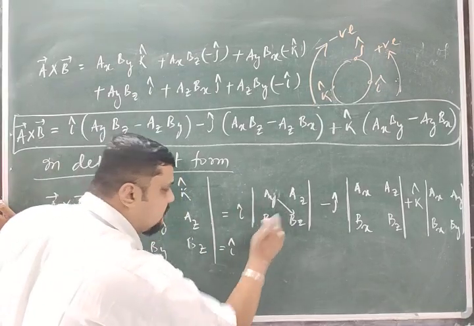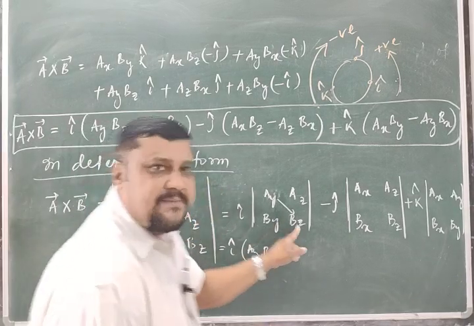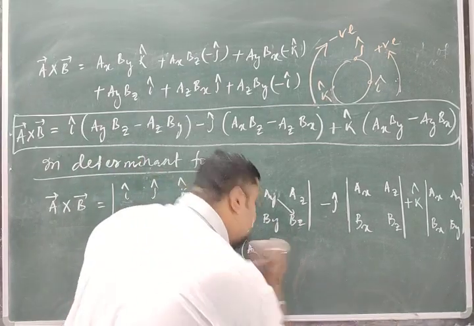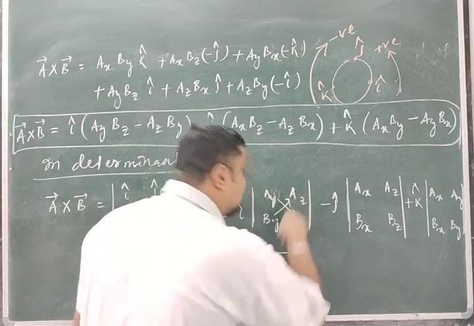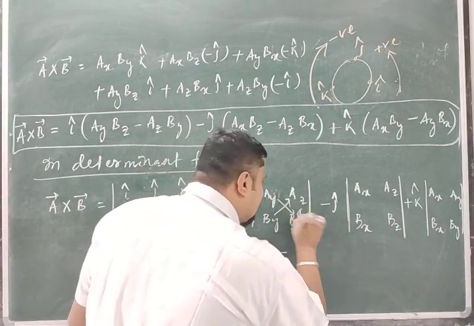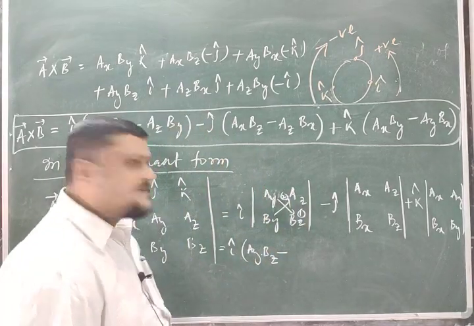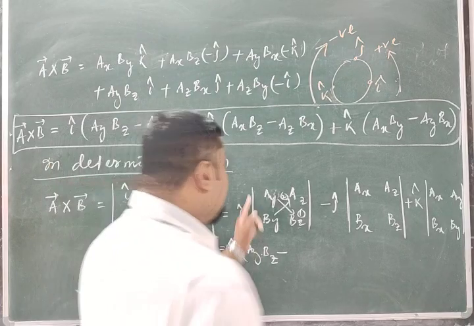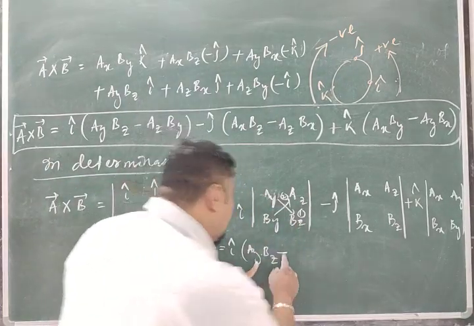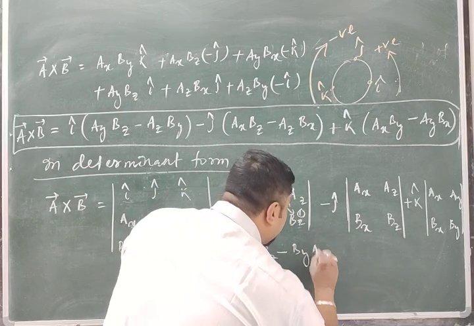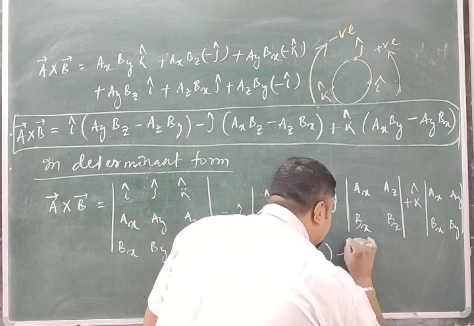First multiply these two, ay, bz. Then obviously there is a negative, minus this one, meaning multiply like this. So first this, then this, and this minus this, 1 minus 2. The sequence is always to remember: from left, start from the first to the bottom, then next. Minus by, az. Similarly, minus j cap.